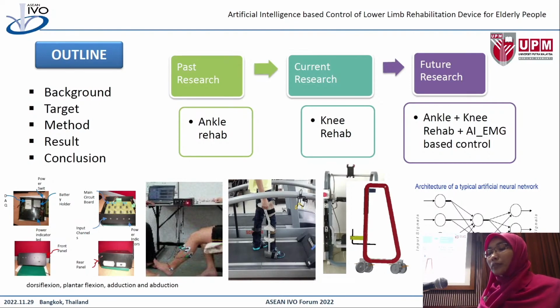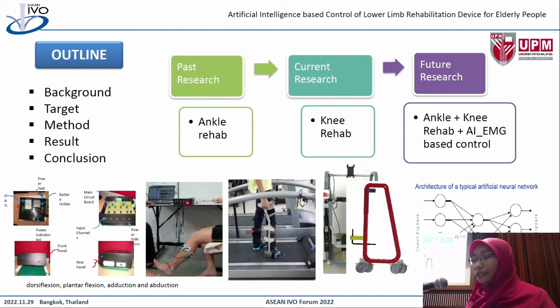We need to calculate the power of the EMG signal and also the force, and then transfer it to the system using a cloud server. This is our future research that we would like to propose, where the ankle and knee rehabilitation devices will be integrated, combined, and we want to control and monitor the motions, the improvement of each motion, based on the EMG signals and also the force signals,